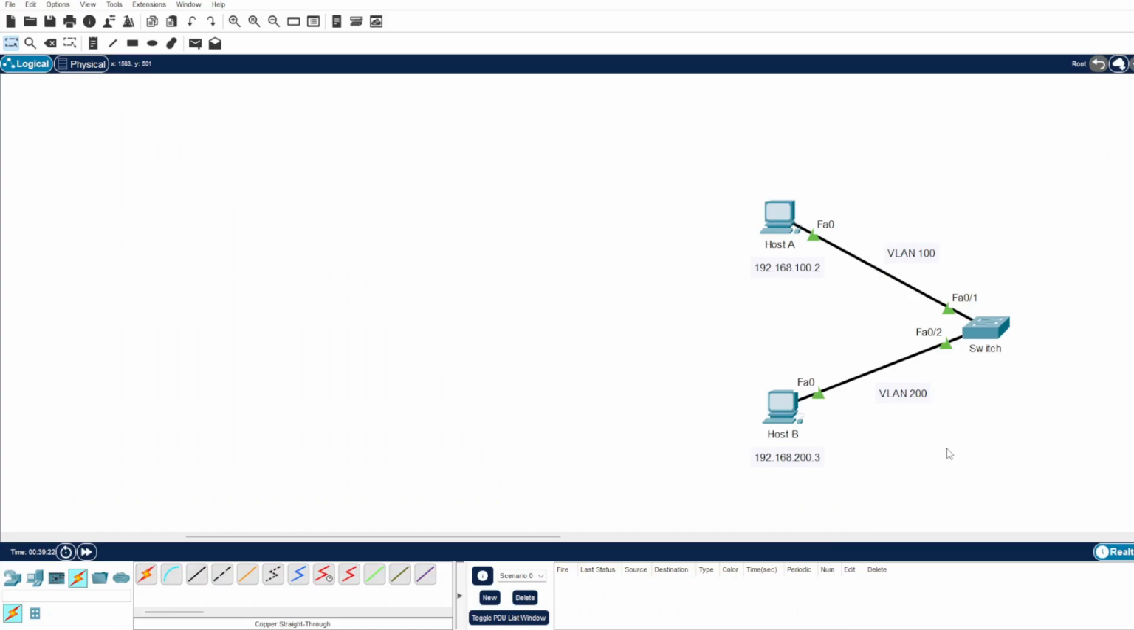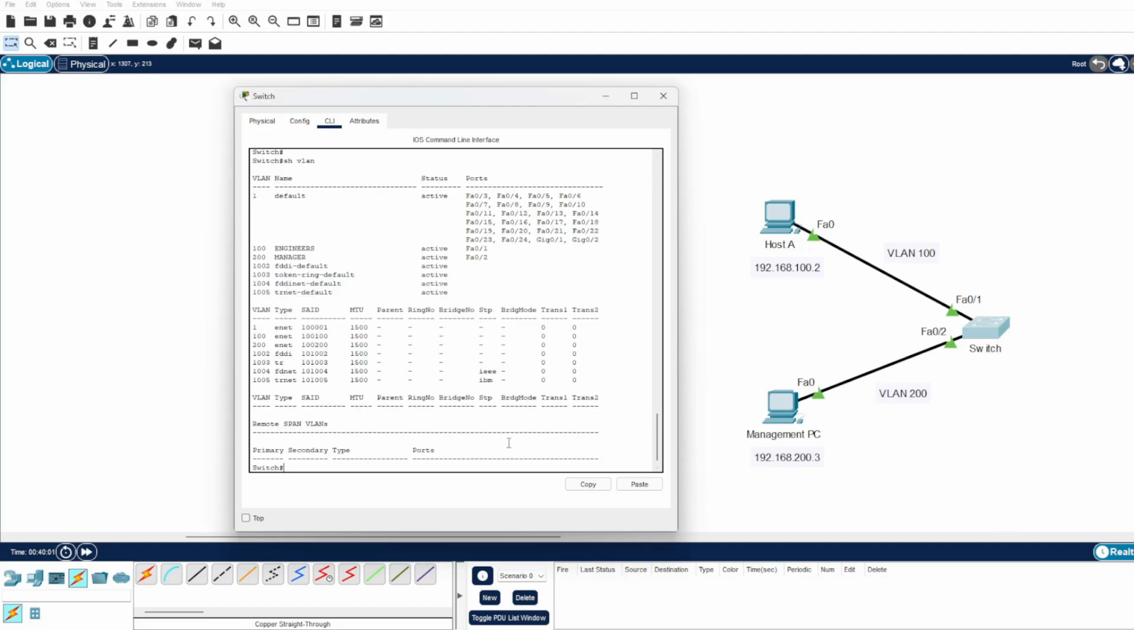Now that we have our host B inside the management VLAN, I'll rename our PC to management PC, just so we know what we're talking about. For this management PC to remotely access, say through Telnet or SSH, into the switch, we need to give our switch an IP address. What we can do is bring up the switch here, go to configure terminal,